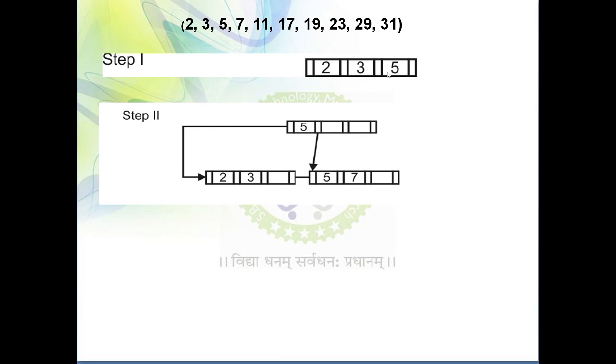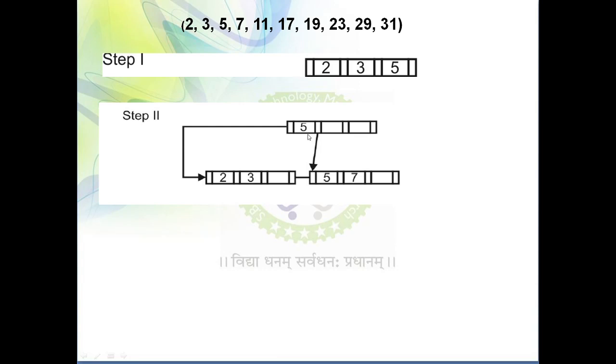Now the question is: which value is to be shifted to the root node? Why have I shifted 5 but not 3 or 2? In this case you have to follow a simple rule: you need to consider the minimum number of values. What is the minimum number of values that this node can hold? The answer is n by 2, so n by 2 means 2. After those 2 values, the next, third value is to be shifted to the next level. In this way you need to decide which value is shifted to the next level. So in this case I am going to shift 5 to the next level.